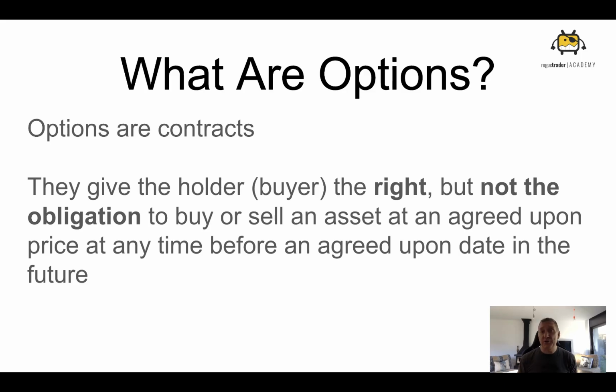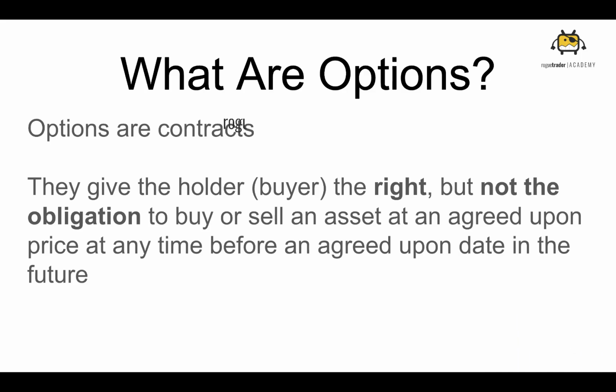I'm going to give you $100 right now, but this gives me the right to buy it for $5,000 by December 31st. Okay, and December 31st comes along. If it's a good deal for me, then I might exercise that option. I might use that option, and maybe you crash the car and it's not worth $50. Well, I'm not going to exercise that option because I have the right to do something. And very simply, that's all options are.